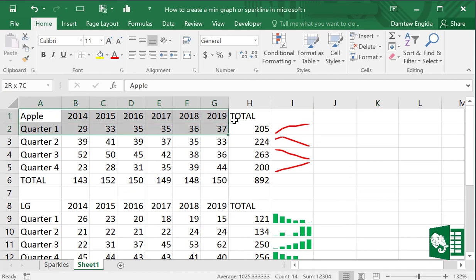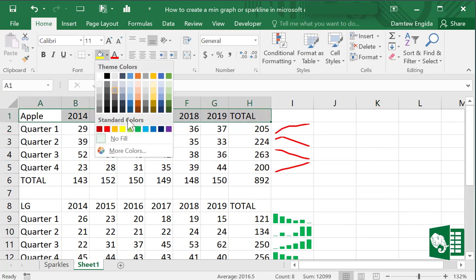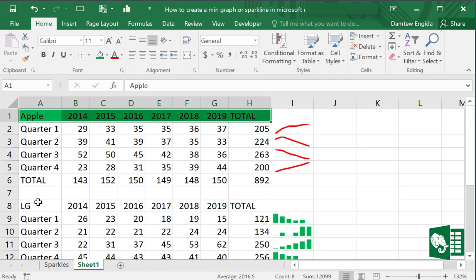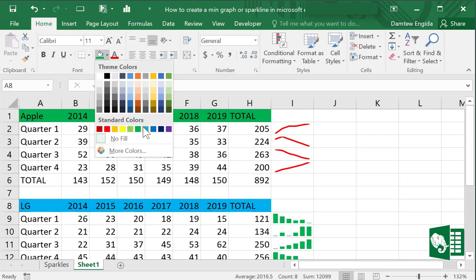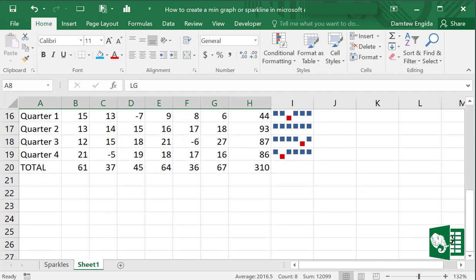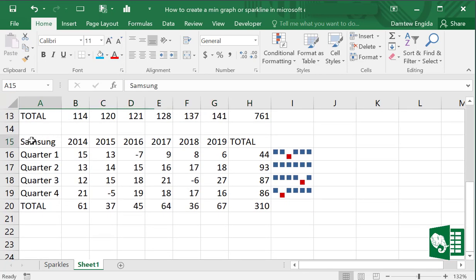We can change the formatting. Let's format the table a little bit for good looks. You can choose this color, and yeah,